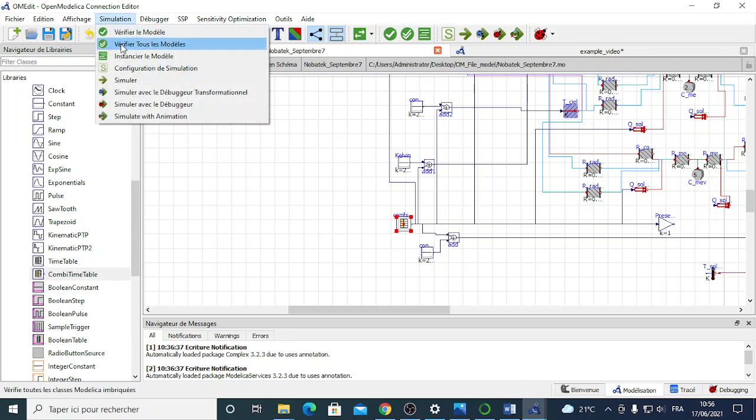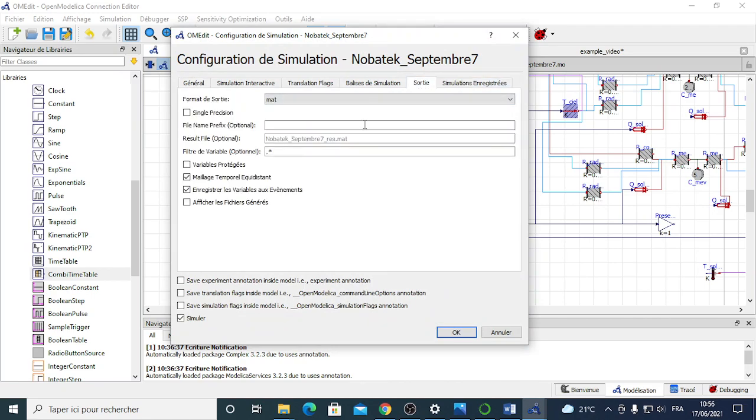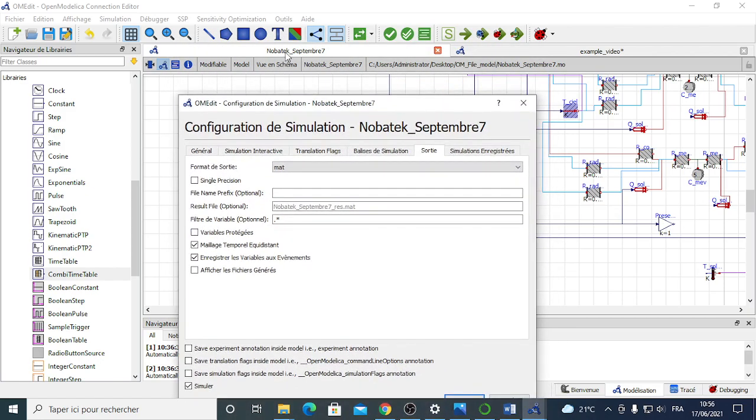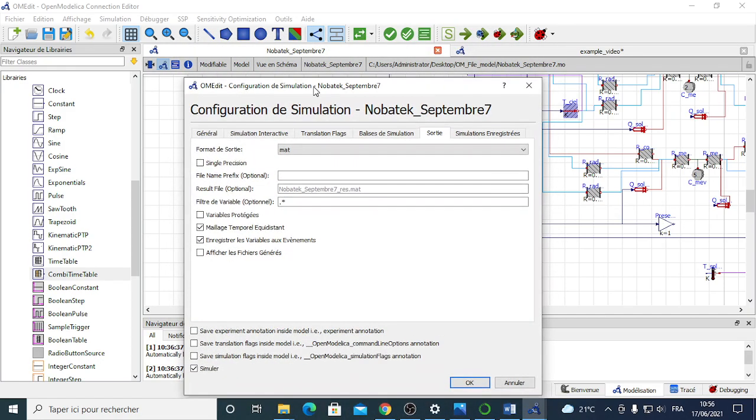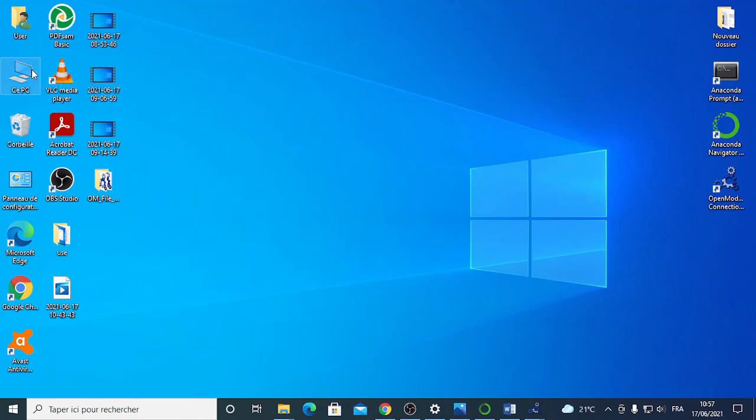But what we have to take into account is that the default outlet of OpenModelica is going to be a file with the extension .mat. In this case, OpenModelica is called this, and the name of the outlet file is going to be the same name, slash, res.mat. Okay. But where is this placed? And to find this file, we have to go to